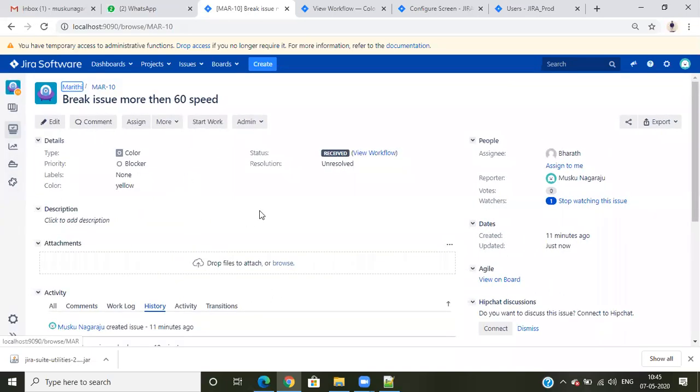So based on users and based on custom fields as well, we can restrict transitions. Like the date field as well. Suppose I have a due date, mostly 10 days.